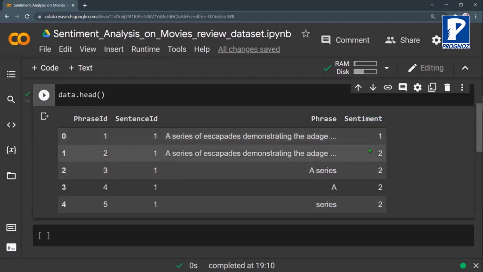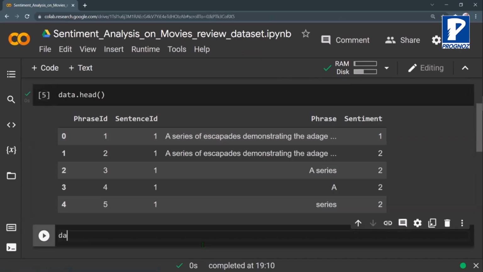There are a lot of columns here. So let us try to understand this data set. Let us try to move ahead and understand this data further. So I will say data dot